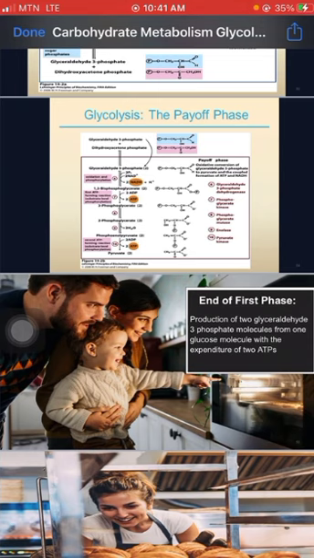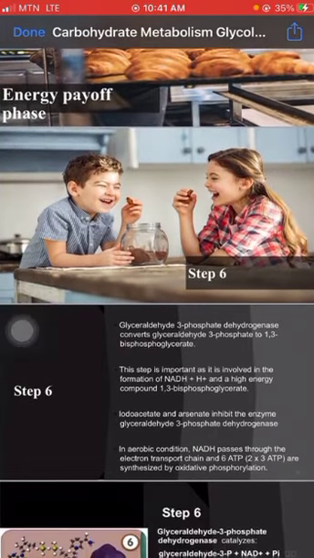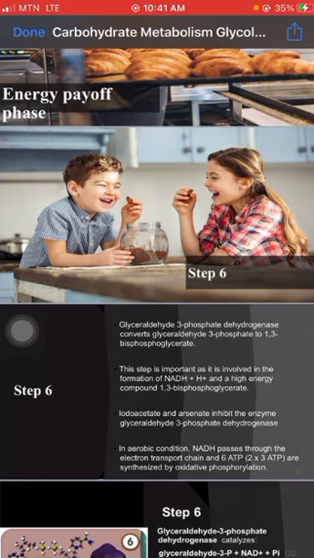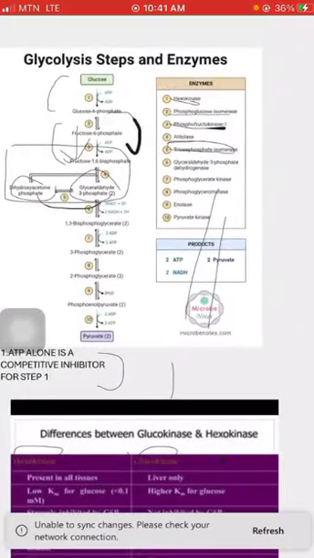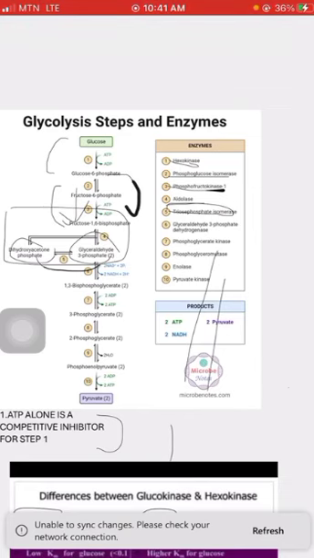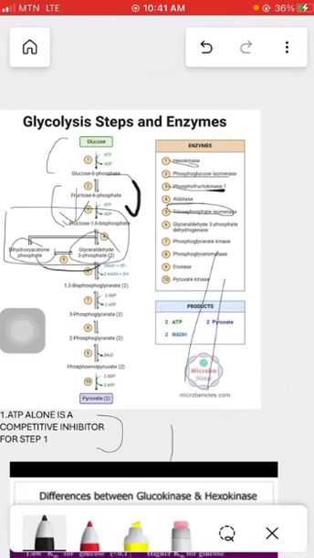Put that in mind. And since in step 5 we produce 2 molecules of glyceraldehyde 3-phosphate, it means that from step 6 to step 10, all the